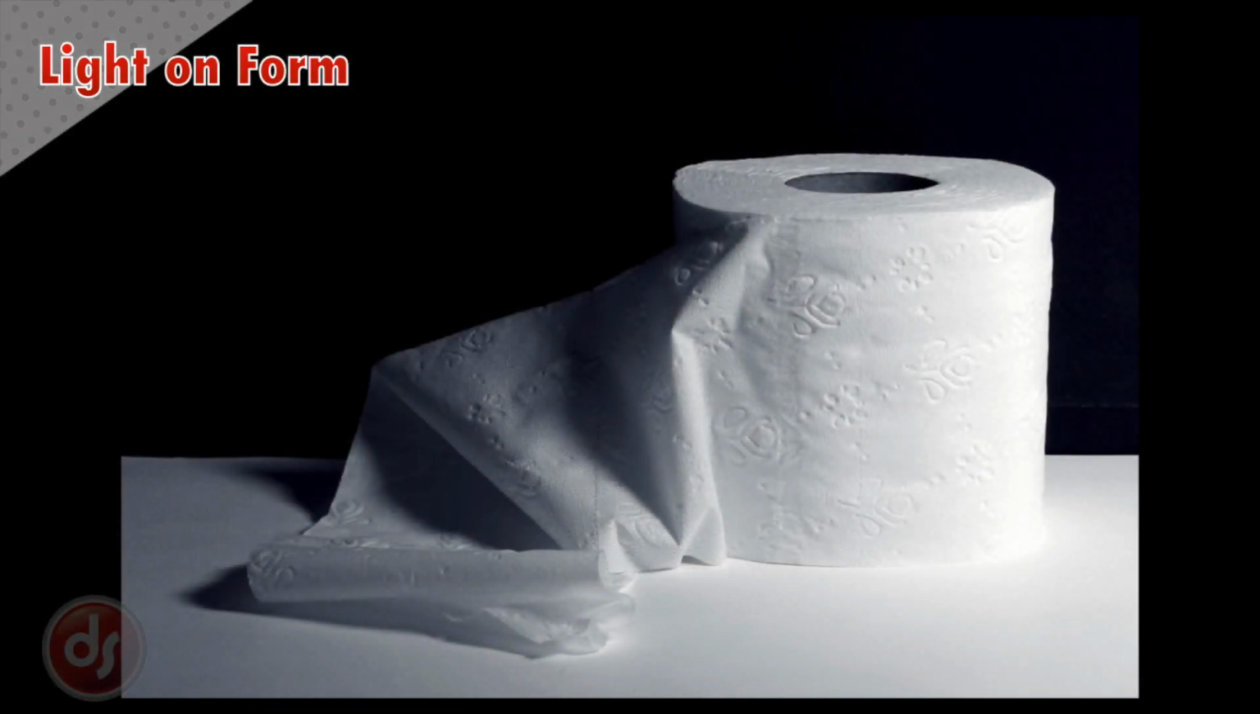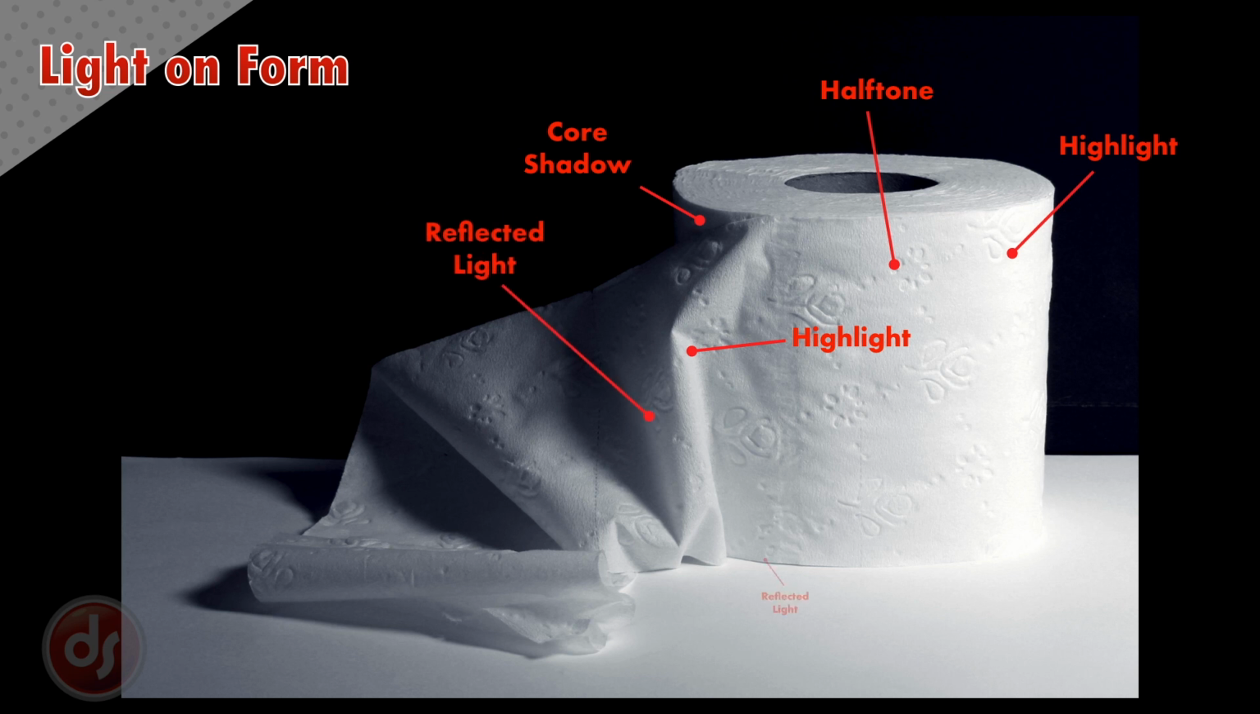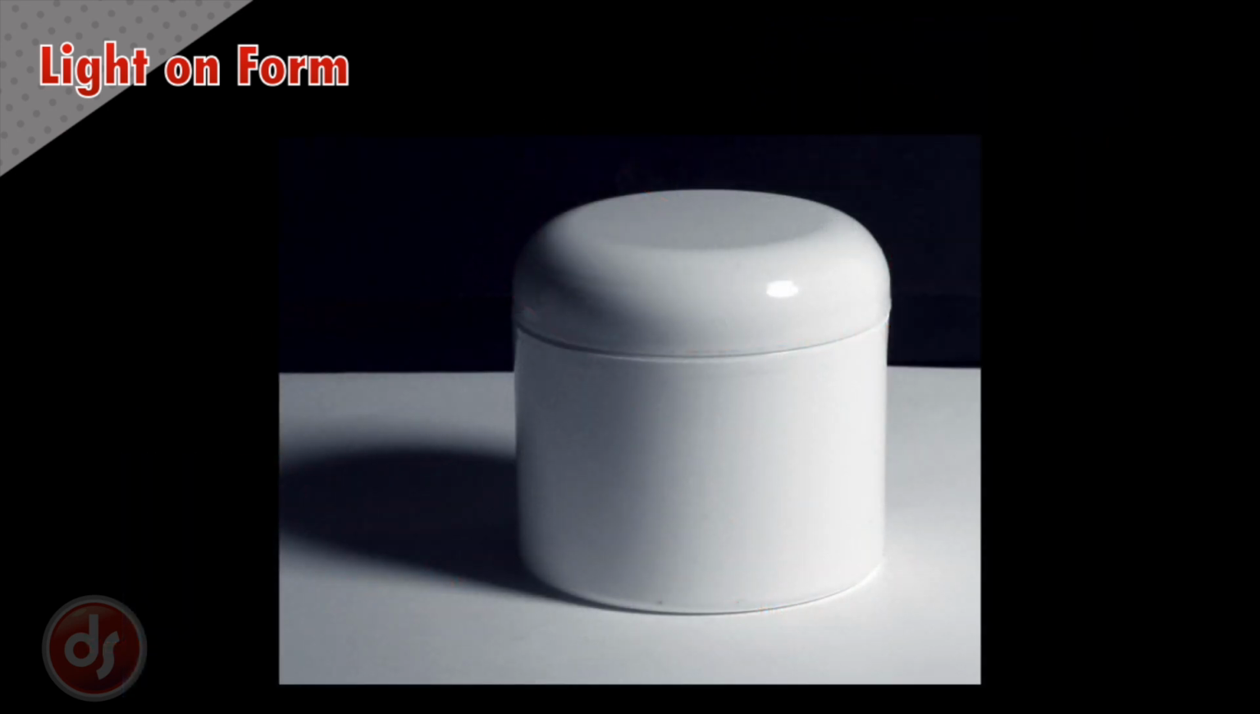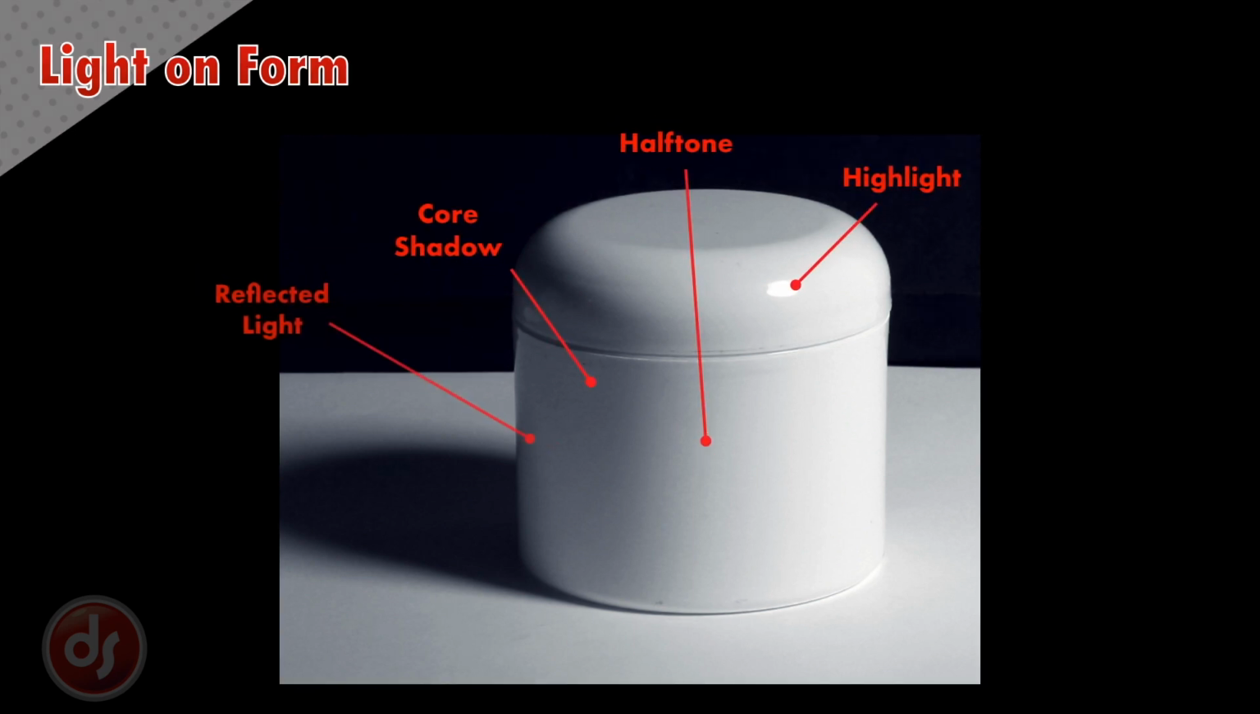The material or surface of an object may change how light or dark it appears. Objects that are soft or textured will diffuse the light as it bounces off. This toilet paper is made up of tiny fibers that create soft transitions between the properties of light. Shiny or smooth surfaces like this plastic container can create more intense lights and darks and have bright, hard-edged highlights